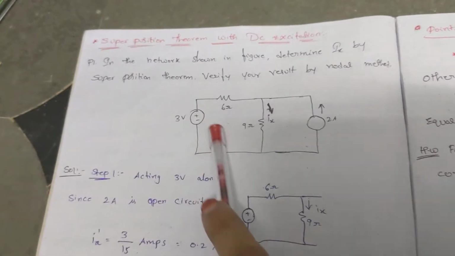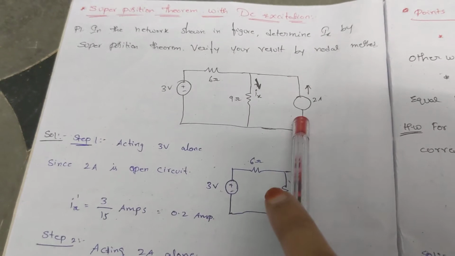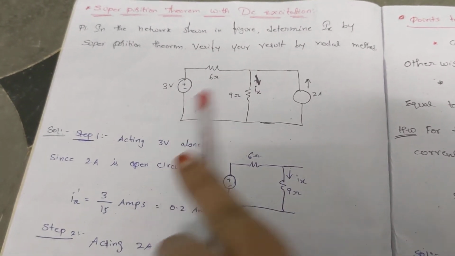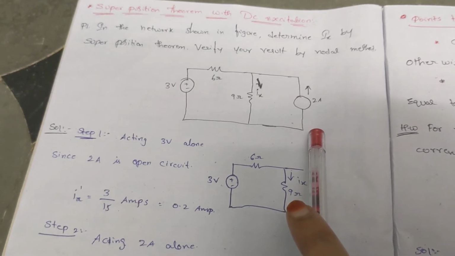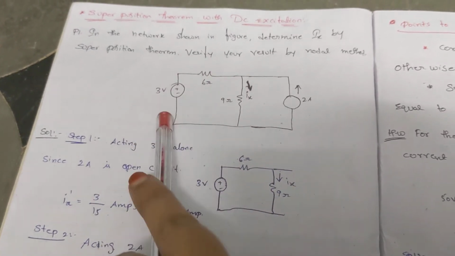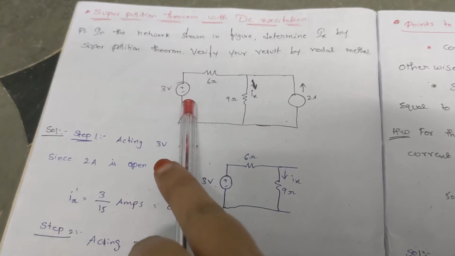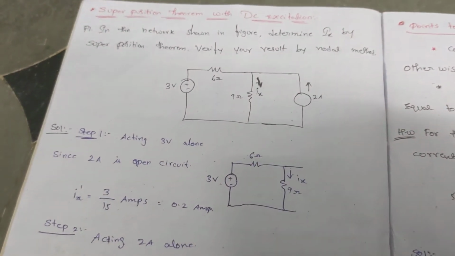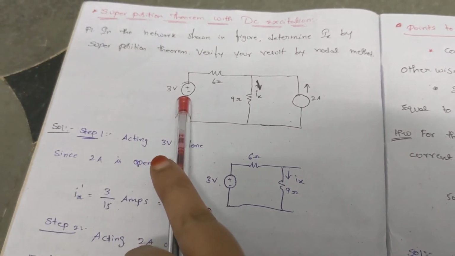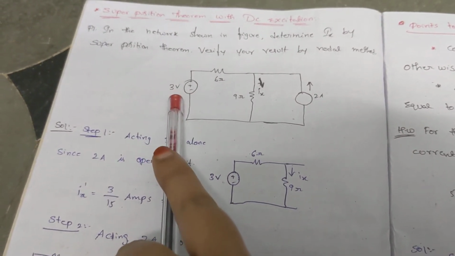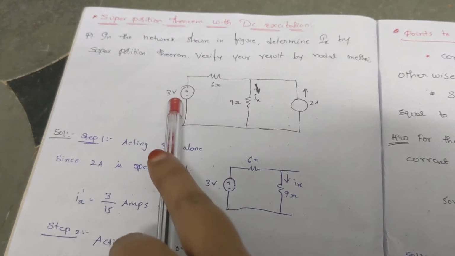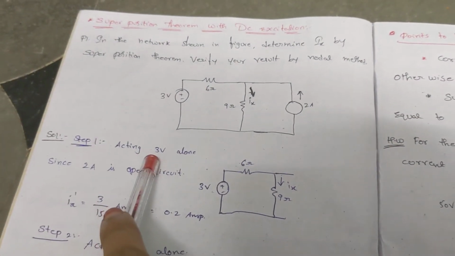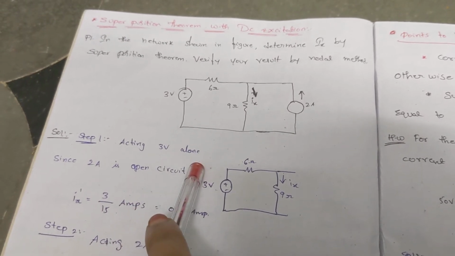When you observe this circuit, we have a total of two sources, both independent sources. One is a voltage source and the other is a current source. With the previous knowledge we have to consider one source at a time, and the remaining source should be reduced to 0. So as step 1, I am going to consider the response because of the 3 volt voltage source. I am redrawing the circuit considering the 3 volt voltage source alone.